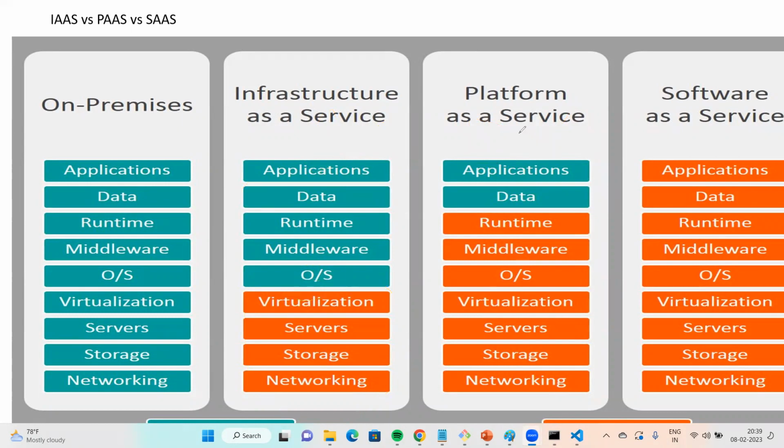Here I will take one example once again. Suppose I want to launch one web application. Everyone might be knowing, to launch a web application we need many components: networking, storage, servers, virtualization, OS, middleware, runtime, data, and applications. If I use infrastructure as a service, cloud service providers will provide only servers, virtual machines, to you. On top of that, we have to install our servers like WebLogic, Tomcat. These servers we have to launch, we have to manage, we have to purchase licenses,